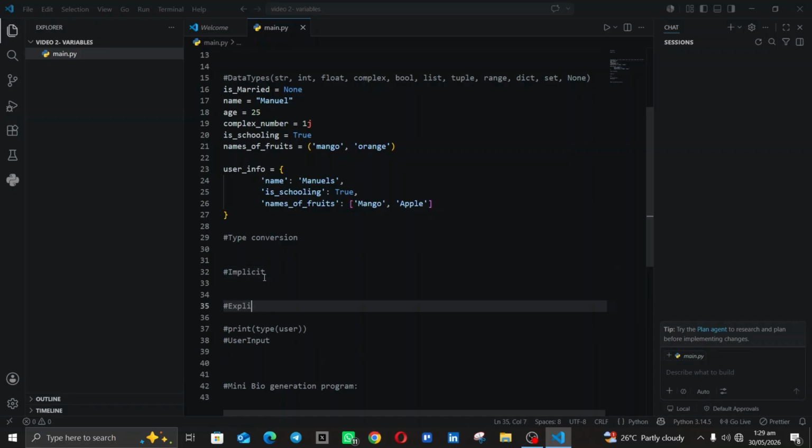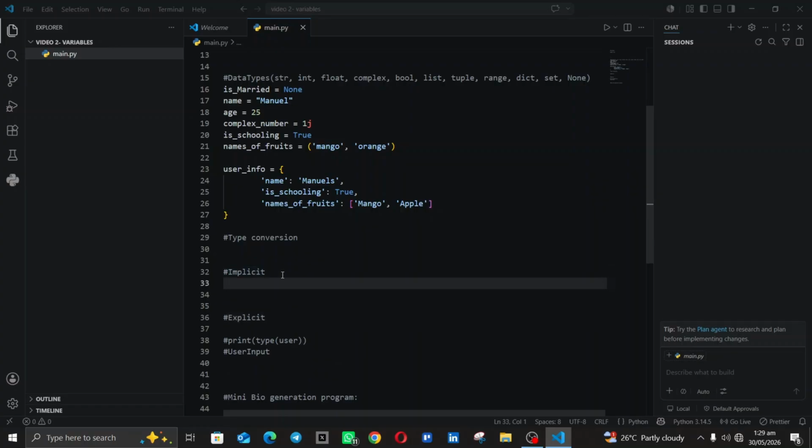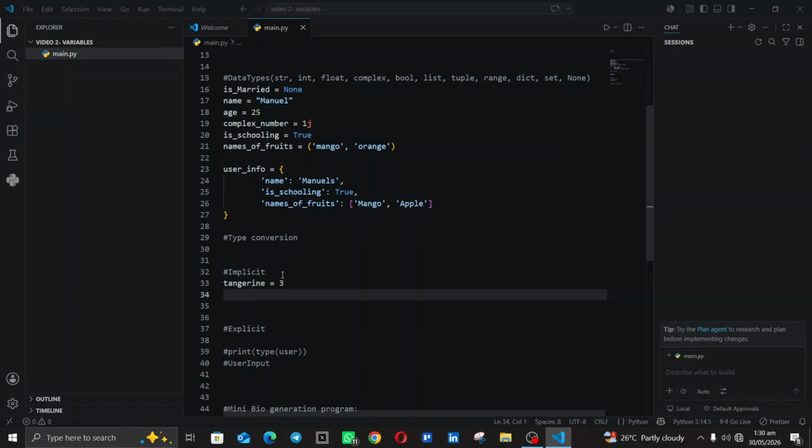Okay, so let's say we are given a price of a fruit. So maybe the fruit is a tangerine. Oops, it's supposed to be lowercase tangerine, and then the tangerine should be, should I say, about 3 cents or $3 depending on who you are. And then you have another fruit, pick another fruit, a mango. I don't really know the prices. The mango can be like, should I say, 2.5. Now if you notice and you look into these values, you can find out that this is an integer and this is a floating point number, because this is a decimal and the other one is a whole number. So if you try to add these two,